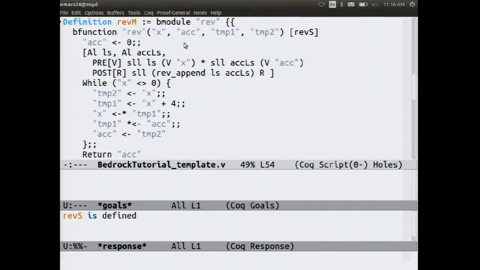So it says when we start a loop iteration, x is pointing to a list, and by the way, there's another list in accumulator for some other arbitrary value. They're both just quantified here. And then when we finally return from the function, it had better be the case that the return value is a list that we get by reversing ls and adding it to the beginning of ls.